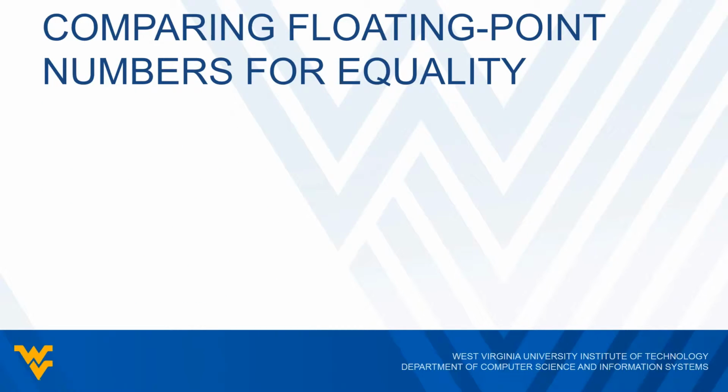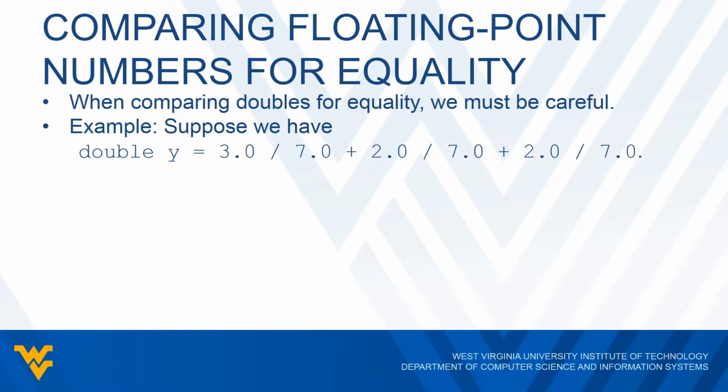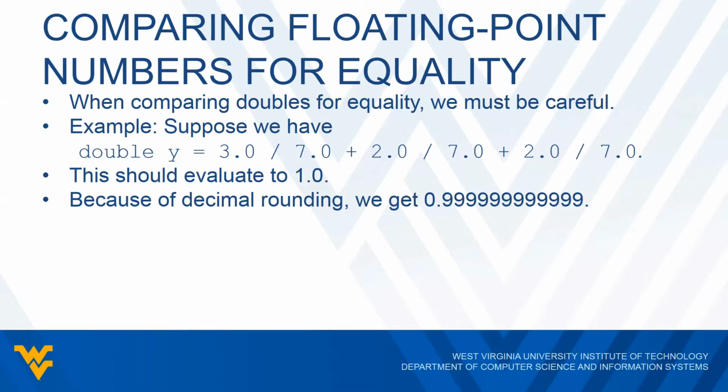We're now going to address an issue when comparing doubles for equality. This is not an issue for integers, but for doubles we have to be very careful. So let's use an example. Let's say I have a variable y that's a double, and we initialize it to 3.0 divided by 7.0, plus 2.0 divided by 7.0, and then plus 2.0 divided by 7.0. This should evaluate to 1.0, because 3 sevenths plus 2 sevenths plus 2 sevenths is 7 over 7, which is 1. But because of decimal rounding, this actually turns into